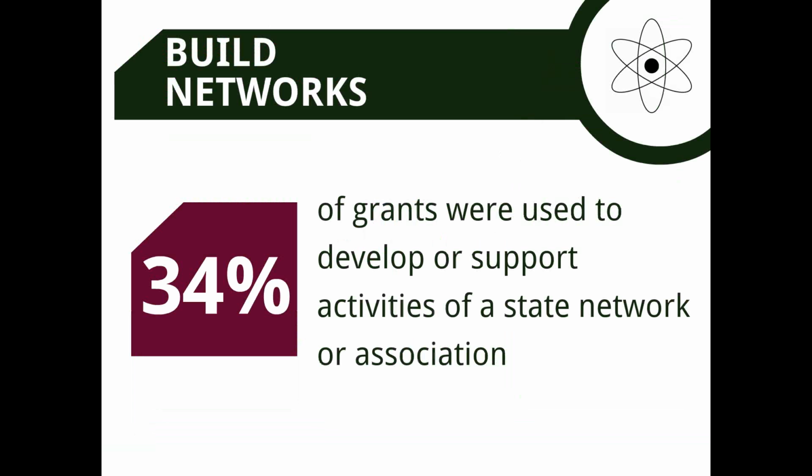Additionally, FMPP was used to build networks, and I think this is important. There are a number of grants that dealt with community-level projects, the vast majority operated at community level, but there were a number of grants that helped develop or support activities of state farmers market associations or state networks of producers, direct marketing organizations, and indeed in the last 5